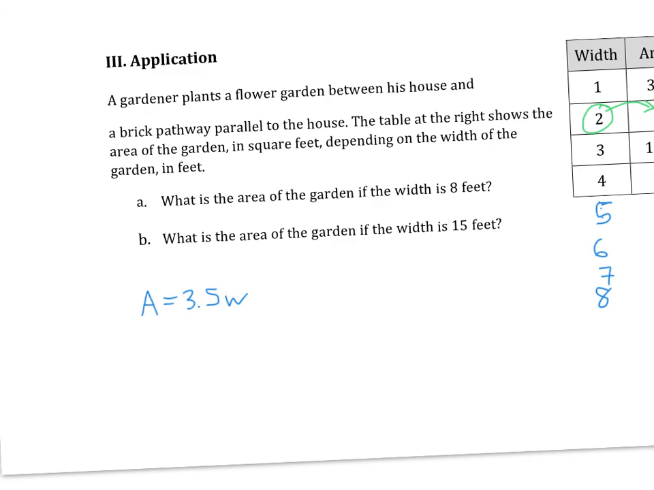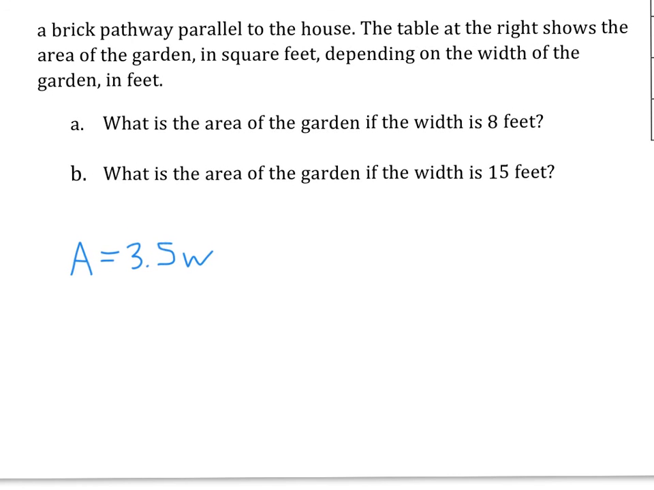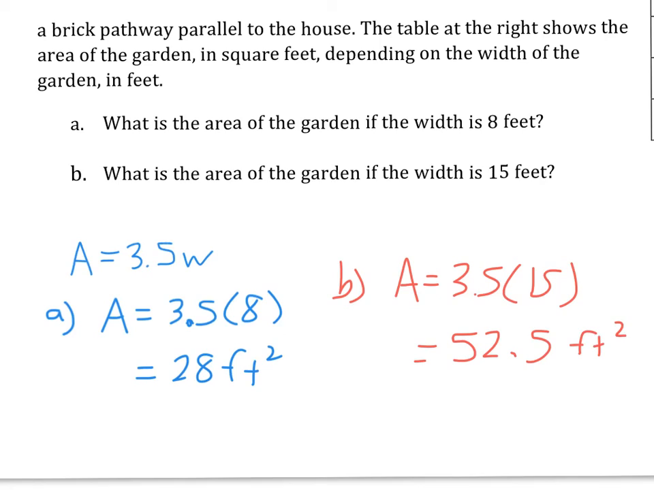So now all we have to do is plug and play rather than actually keep adding, keep adding, keep adding. So for part A, my area is going to be 3.5 times 8. That's ocho for you polyglots. And that's going to give me 28 square feet. Finishing this one up on part B, the area of the garden at 3.5 times 15 feet wide, and we get 52.5, confirm? Okay, square feet. Again,